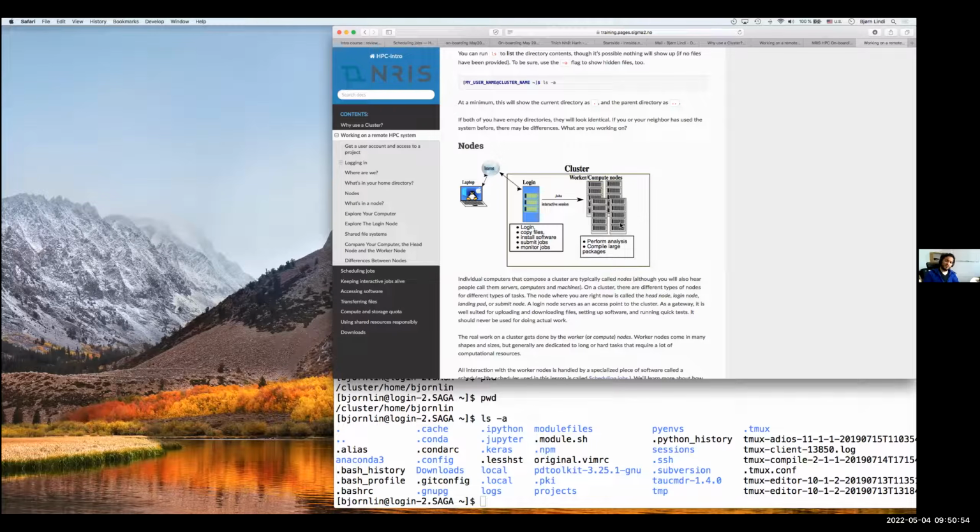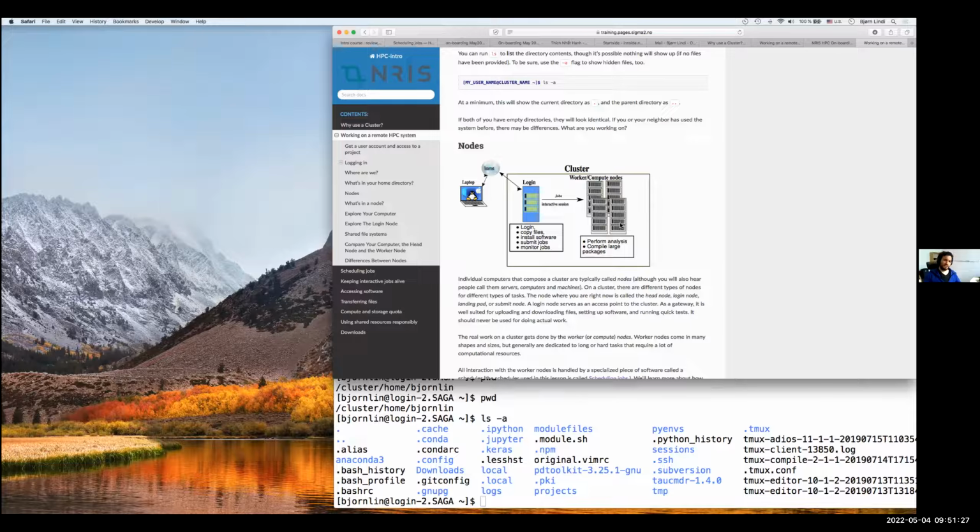But what does it mean? What is the difference between a compute node and a login node? A login node is typically used for editing, compiling, and lighter work, while cluster worker nodes are used for the heavy tasks, for doing the actual simulations. You get access to the worker nodes through the login nodes. So the login node acts as a gateway.